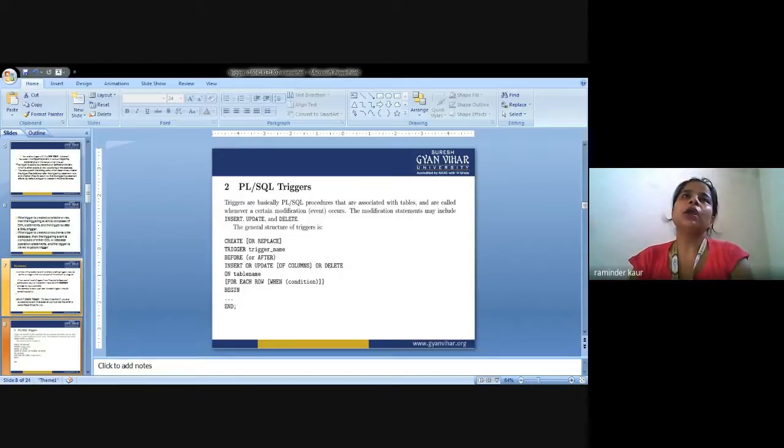But if I am talking about instead of triggers, then there could be various points that are to be considered on the behalf of the execution, and that are quite different from the after triggers. So it could be before constraint processing, it could be the triggering action that could be used, and it could be after inserted and deleted table creations. So these could be the 3 points that are supposed to be considered, and these could be distinguished from the after trigger.